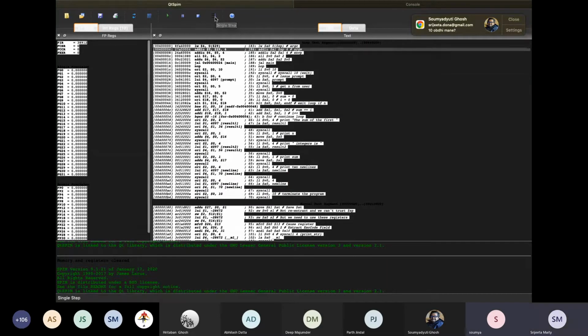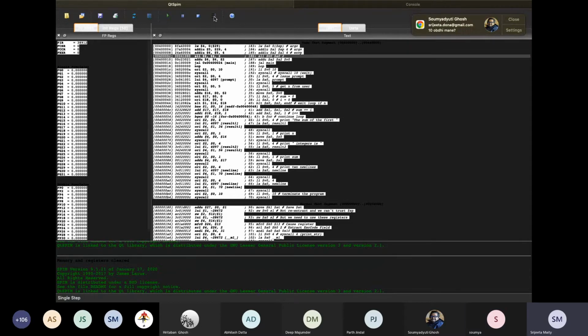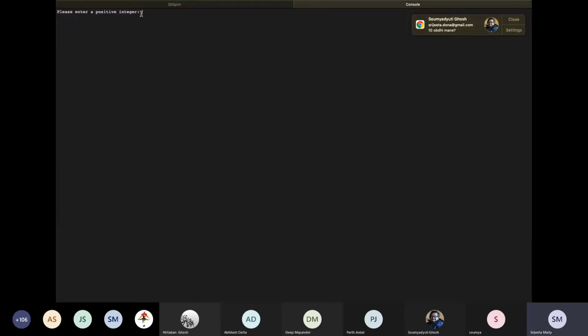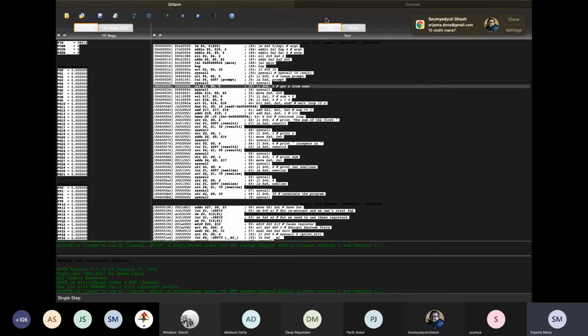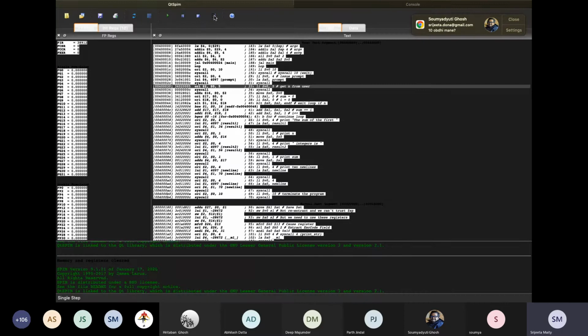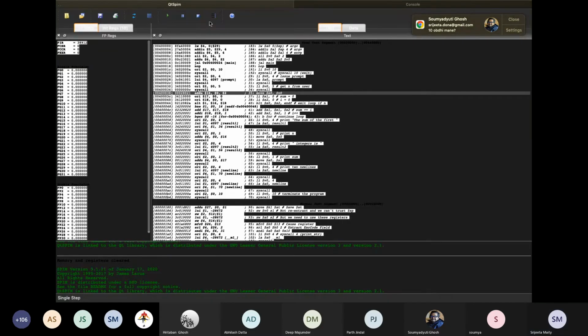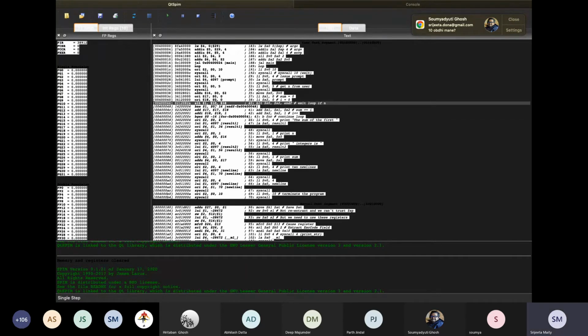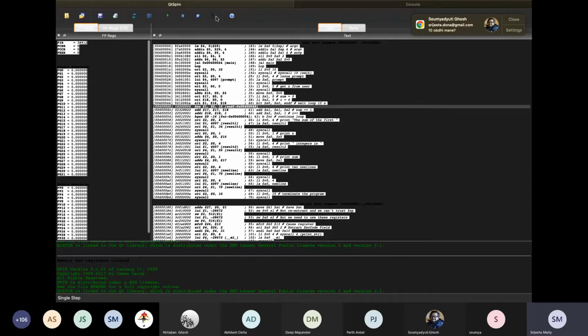For single step, every line will be executed one by one, and you can see at that line that the system call has happened. So from here you got this console value, say 5. You put enter and you again go to stepwise execution. There was a loop, that is why it goes back to that particular step.